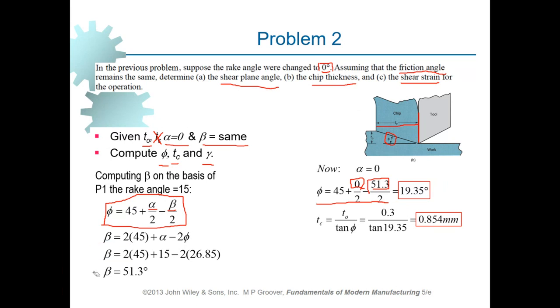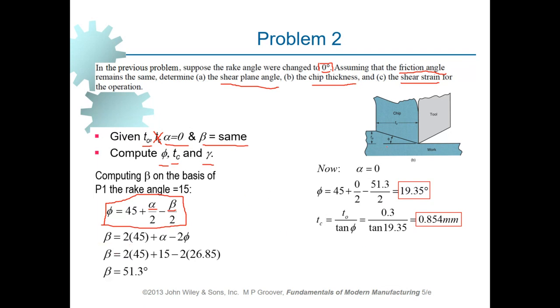the shear plane angle, and that is 19.35. So now this is a different value. It was 26 point something in the previous problem. Now because of a change in the value of rake angle, the shear plane angle also changes to 19.35, and this is less than what we had before. And then in order to compute the new value of TC, what we need